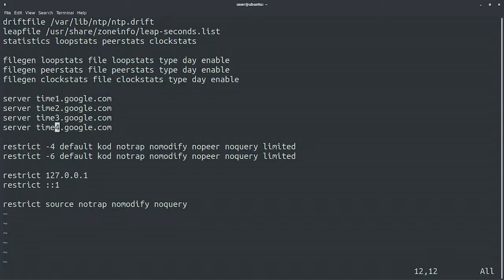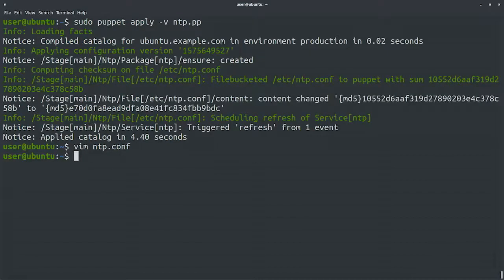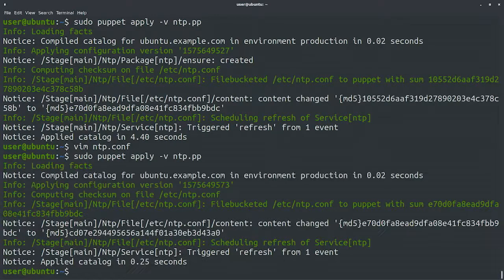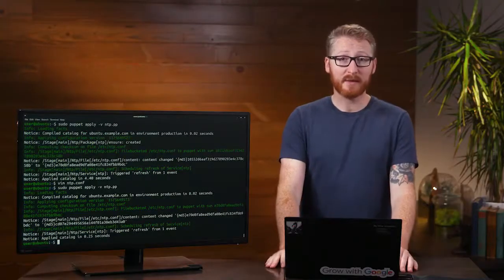All right, we've made the change. We'll save with :wq, and then rerun our Puppet rules with the new configuration file. Awesome. Puppet updated the configuration file with the new contents, and then refreshed the service so it loaded the config. Success! In this video, we've seen how we can apply a Puppet manifest that includes a class with a bunch